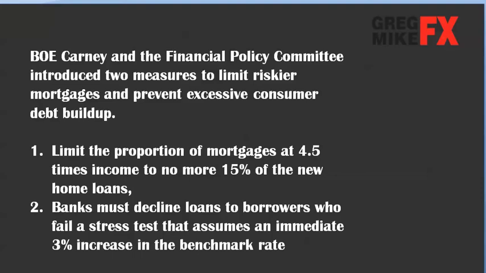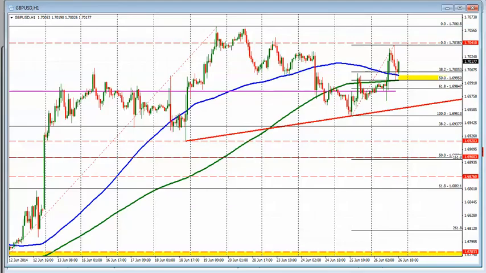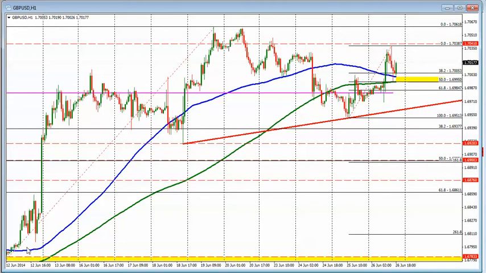The second measure they enacted was that banks must decline loans to borrowers who fail a stress test that assumes an immediate 3% increase in the benchmark rate. What Carney and the Financial Policy Committee is worried about is the vulnerabilities to the economy as a result of increased lending, and specifically the lending for mortgages and houses. So how does that translate into movements in the pound versus U.S. dollar? To start off, let's take a look at the